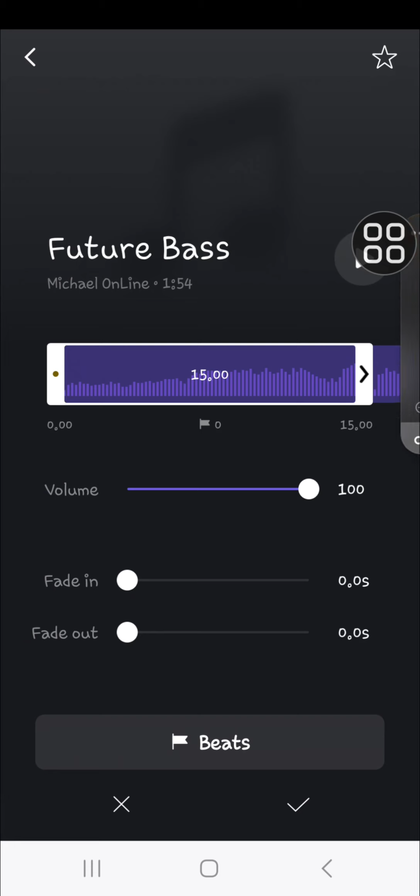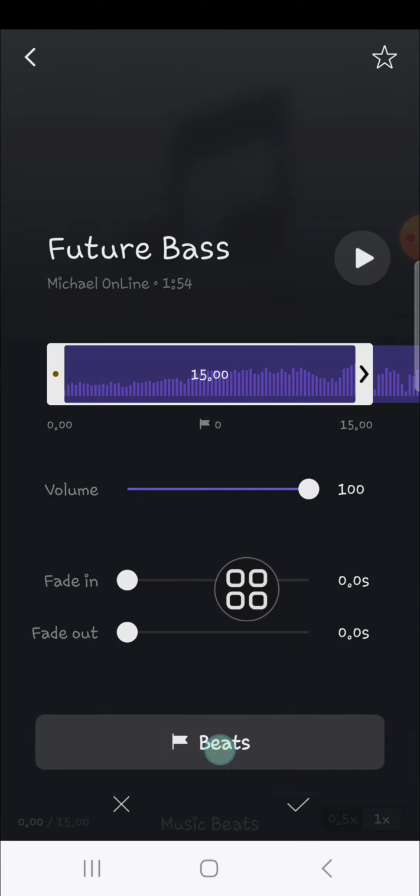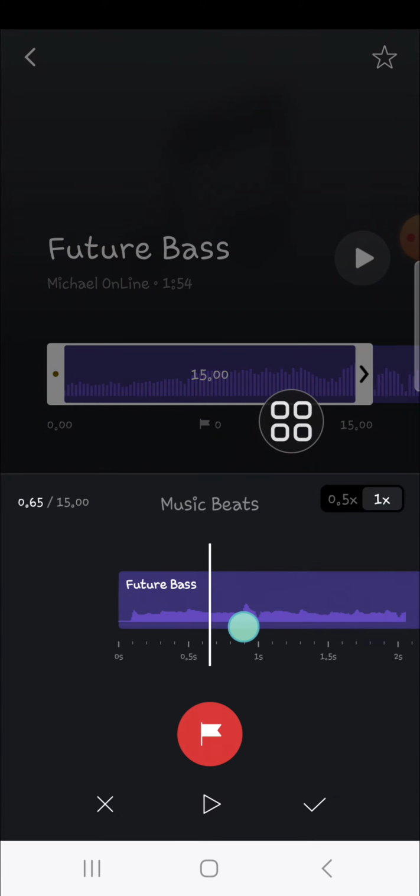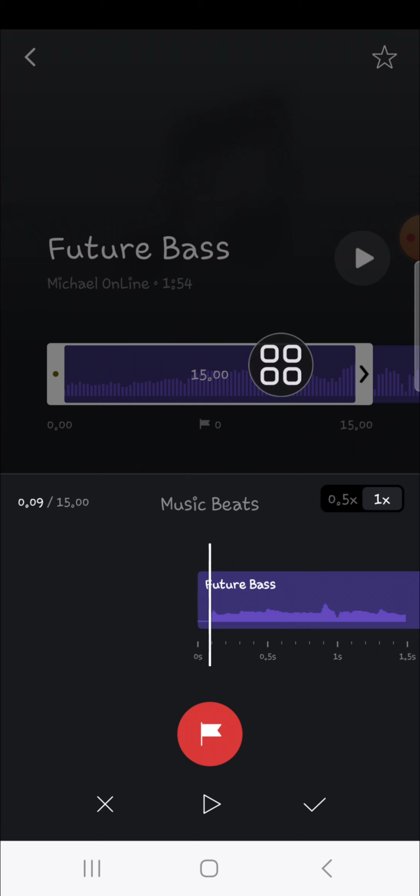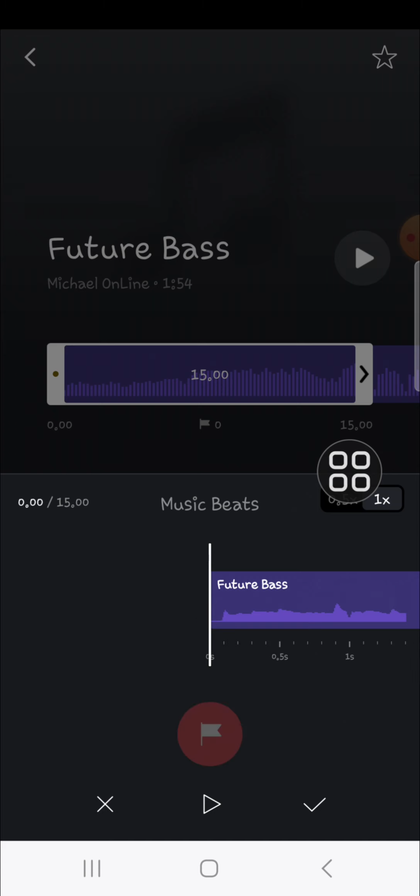Okay, and here we'll be able to add beat mark or audio beat to the music. We just need to click on this beats option like this, and we can manually add the audio beat. Okay, I'm going to show you. Don't forget to play the music, and then you can click on this icon to add the beat mark. Just play the music